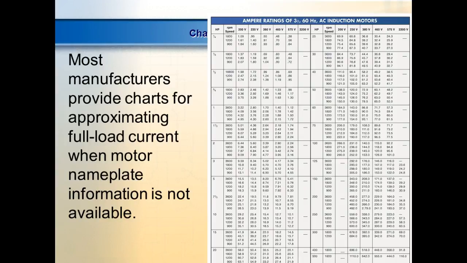Anybody know? So what we do is we have a pair of poles. We make one rotation per pair. But the problem is that our frequency is in cycles per second, and our motor speed is in revolutions per minute. So to calculate the speed of the field, what we would do is take